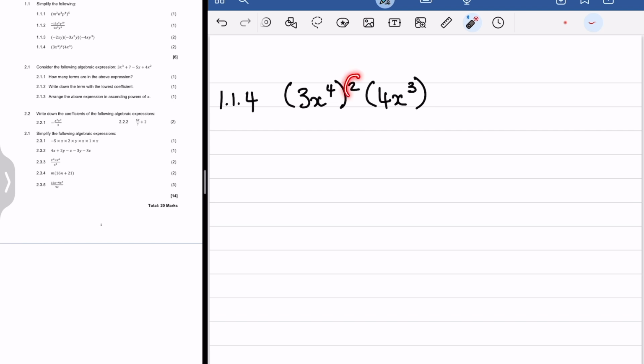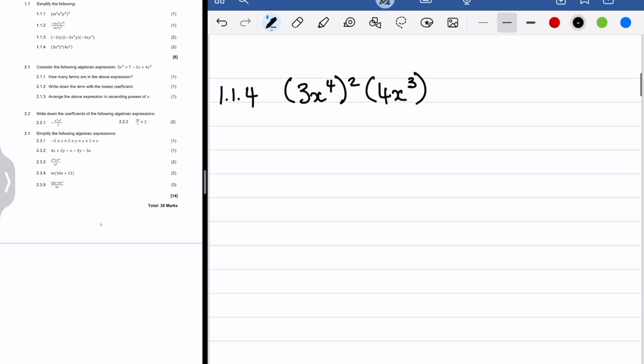Over here I have a power of 2. This simply means that there are two of these brackets multiplied with this one, and I cannot multiply the 3 with this 4 because this power here is preventing me from doing so. So I need to take care of that first. So I need to know that, first of all,